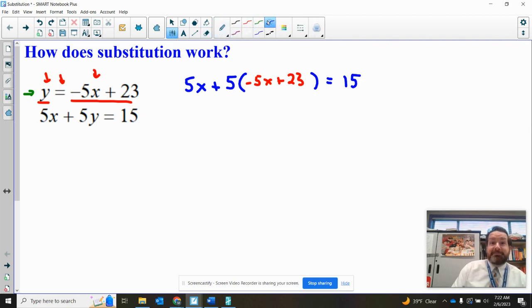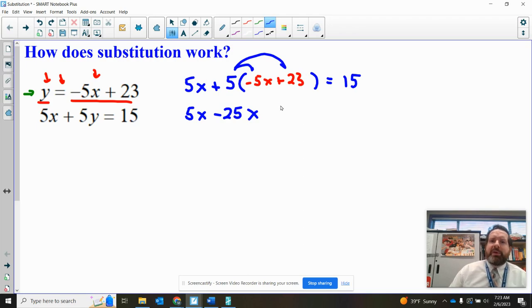If we do that, there's a benefit. Now my equation has only x's. And if there's only one variable, then we can find the number that makes the equation true. Let's now simplify and solve this equation here in blue and red. See what happens. The 5x in the front is going to stay the same. When there's a number times parentheses, distribute that number through the parentheses. So 5 times negative 5x